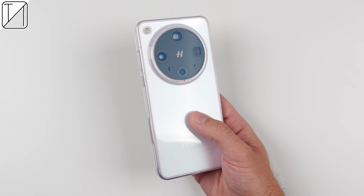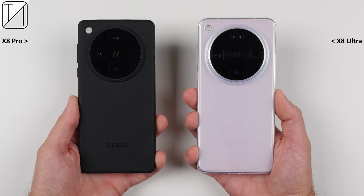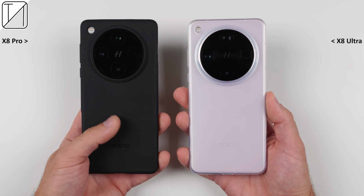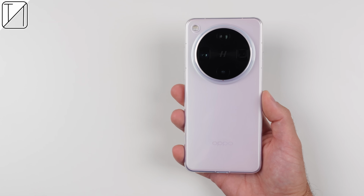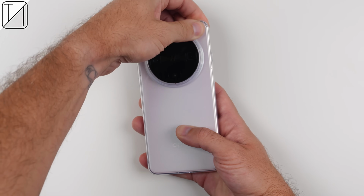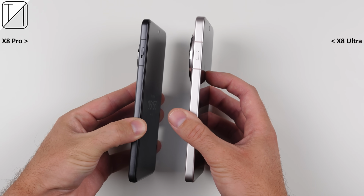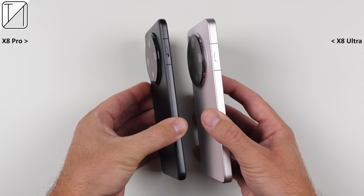The included case has a cutout for it too, which is nice, but the case that comes with the X8 Pro is better as it has a bit of a sandstone feel to it. I can't really complain though, because most flagships these days don't even come with a charger, let alone a free cover. There's another button too, which replaces the alert slider we see on other Oppo and OnePlus flagships, much like